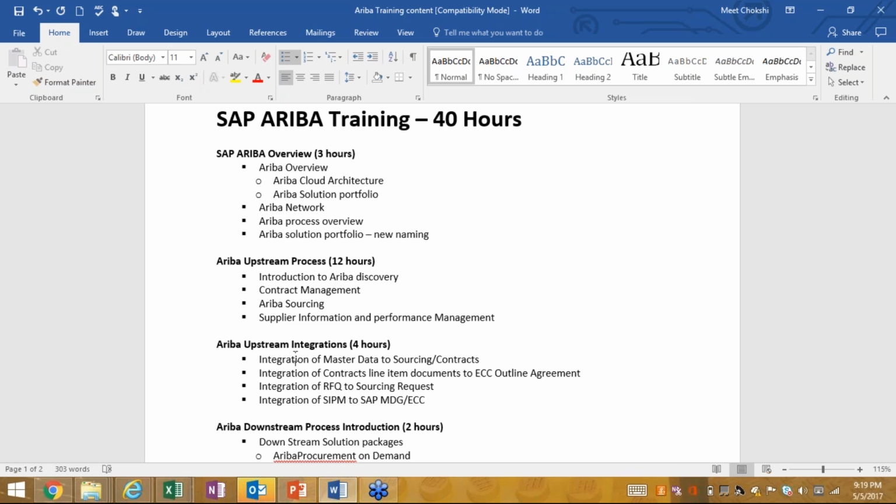And SIPM is, as I told, a registration process. We register and onboard the supplier into Ariba, and then I will show you how you do the field mappings and how there's a web service. So how you call that web service, how you map the fields, what are the different options to integrate, and then how the data goes into SAP, MDG or ECC. So we can run through that complete cycle.